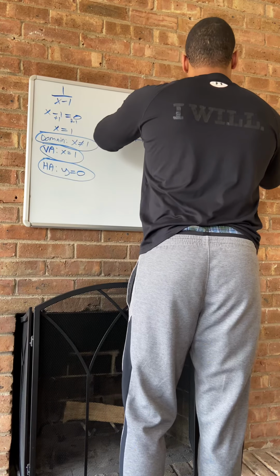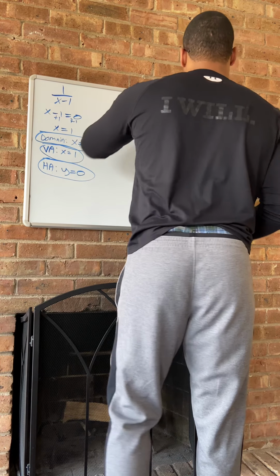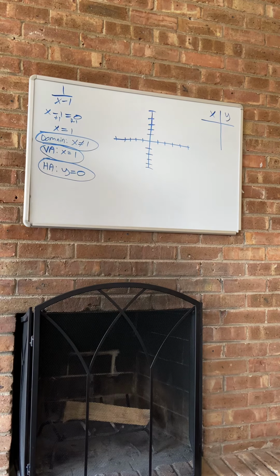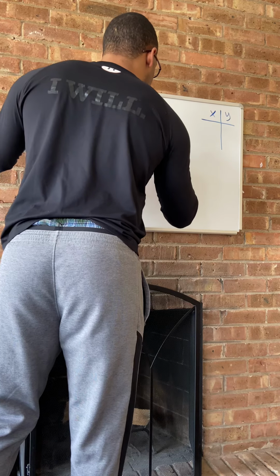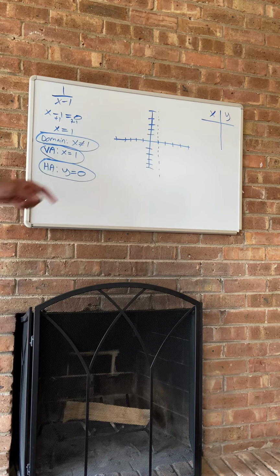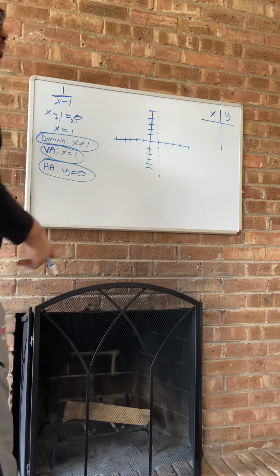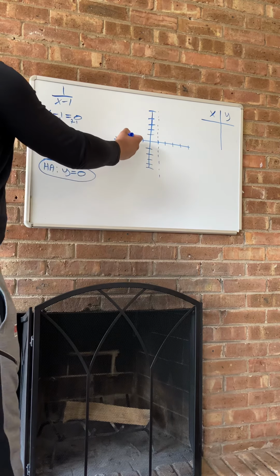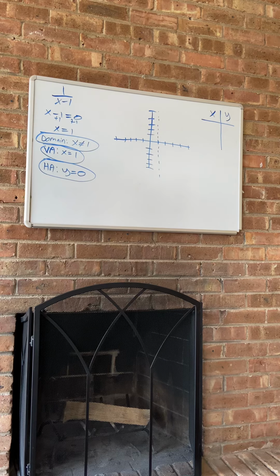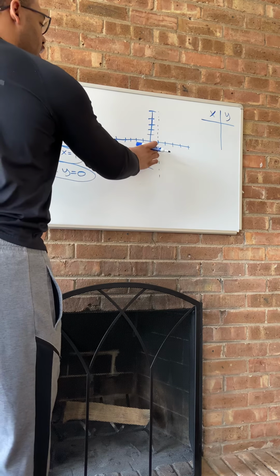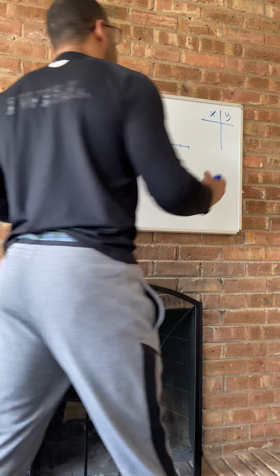I'll create my X and Y chart a little bit more over this time. My vertical asymptote is at positive 1, so I draw a dashed line through positive 1. My horizontal asymptote is at 0. I'm not going to draw a dashed line through my x-axis, but know that your horizontal asymptote is at 0, so our graph's not going to cross or touch our x-axis. Now I just need to pick 3 points to the left and 3 points to the right of my vertical asymptote. 3 points to the left would be 0,